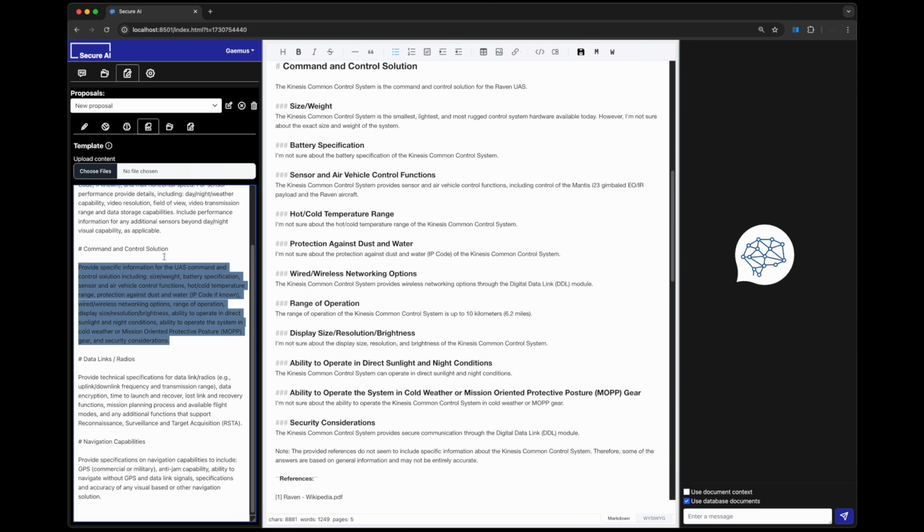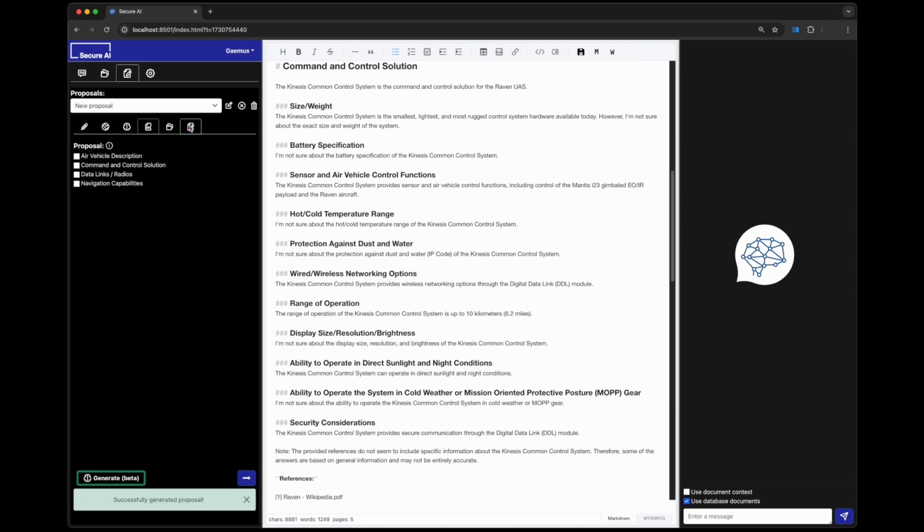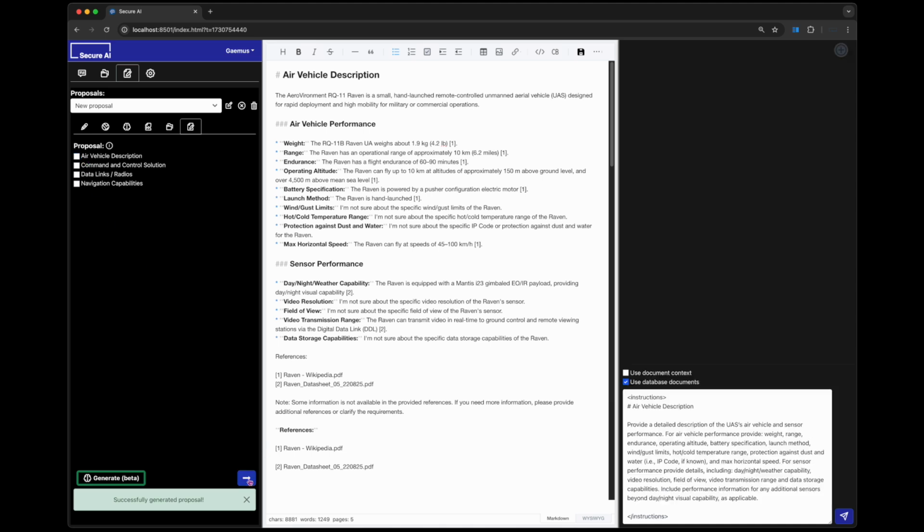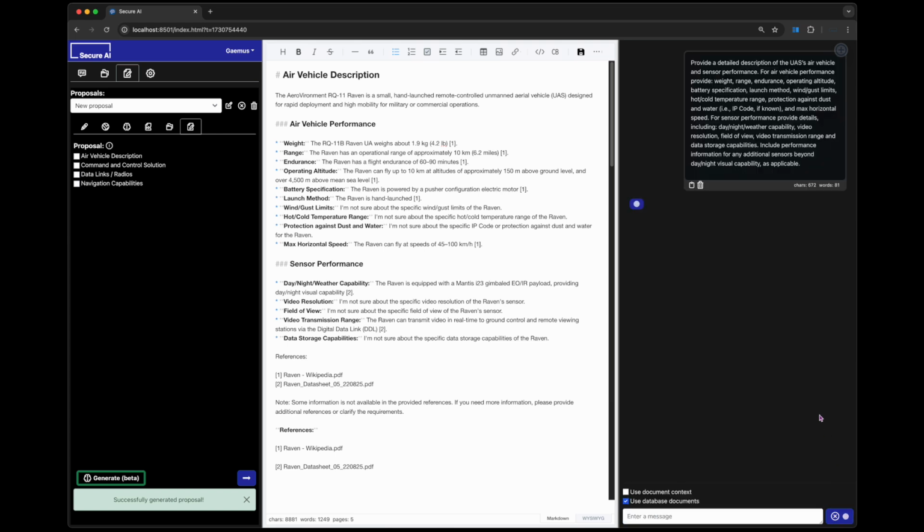Now suppose I want to be more detailed here. There's a more detailed approach where I can generate sections one at a time, and that often gives more specific content. So if I want to just work on the first section in more detail, I'm going to click this button here, inject it into my prompt, and now I have the instructions for that in my prompt, and I've got my database documents selected. I'll go ahead and